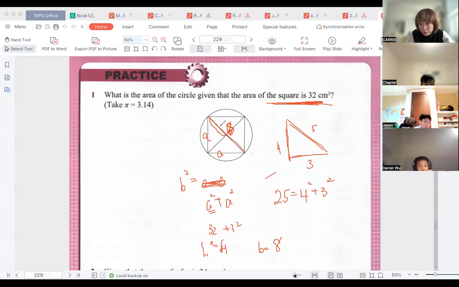So the whole thing is 8. Daniel, can you tell me what is the radius of this one? 4. It's 4. Very good. So can you tell me what is the area of the circle? 16 pi. 16 pi. Okay, can you tell me what 16 pi equals to? 16 pi is